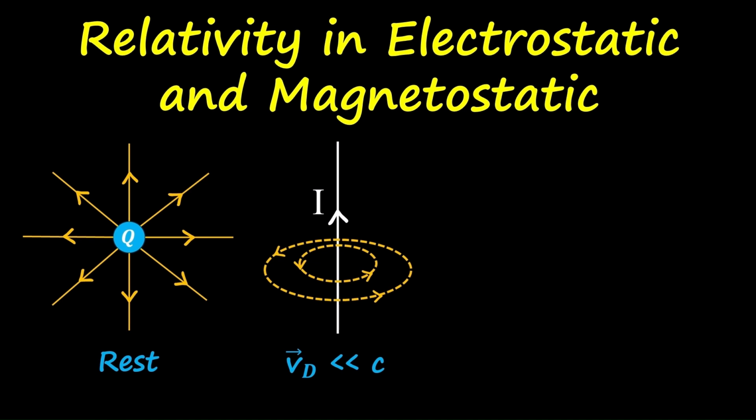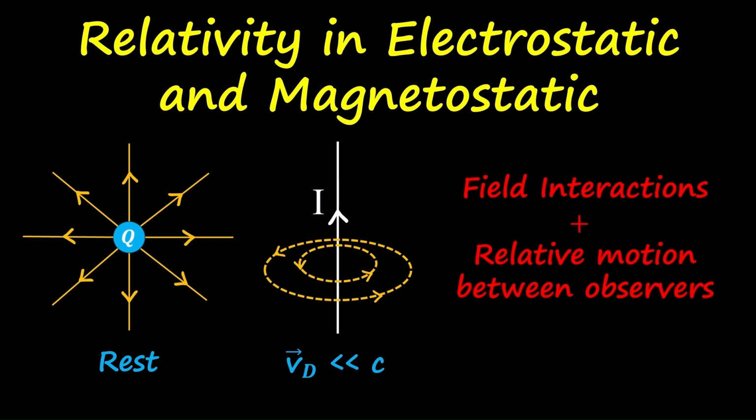So the rules will still be governed by the relativistic rule. So here two factors are very important, one is the field interaction and the other one is the relative motion between the observers. Because of these two factors, the mixing of electric field and magnetic field is still valid in